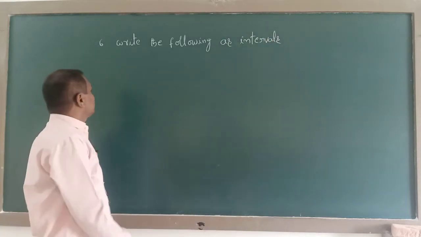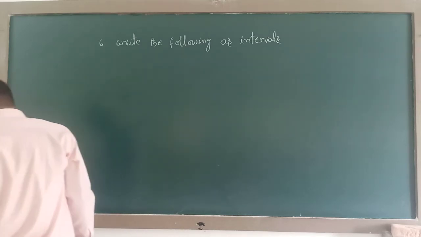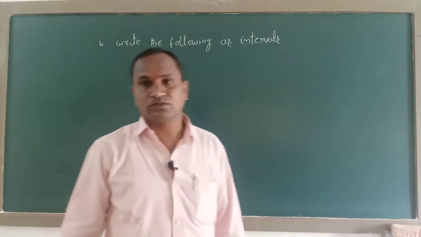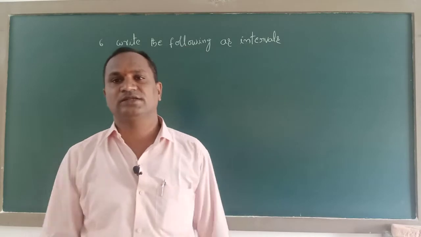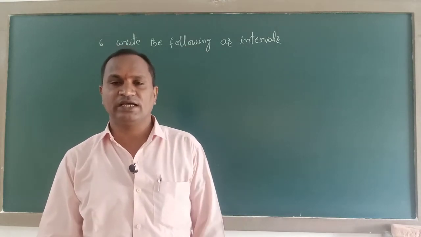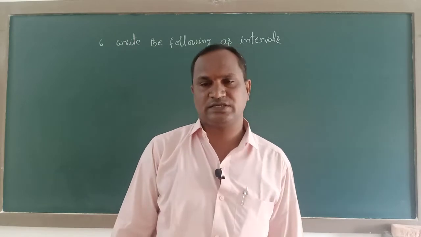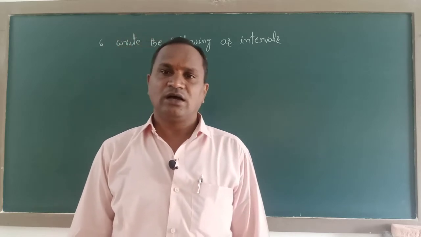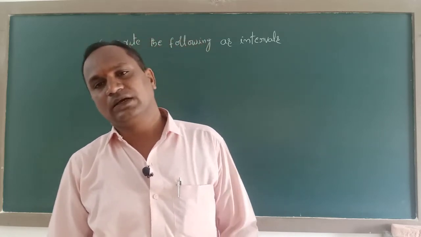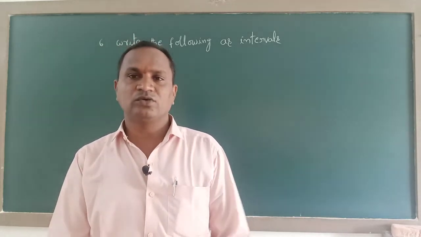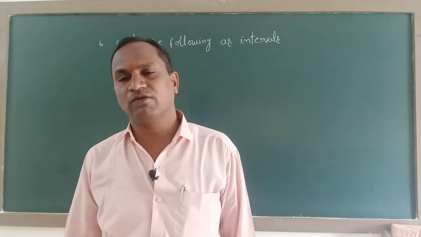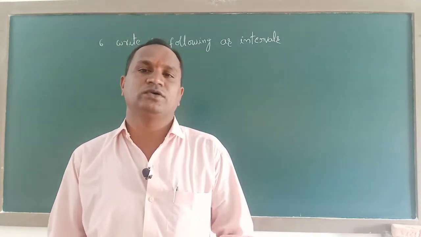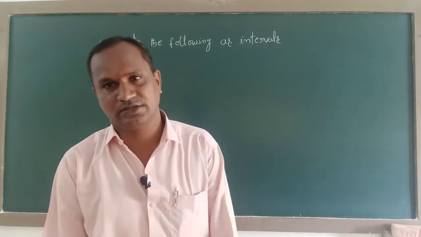Under this main question number 6, they are asking 4 questions, and to all these 4 questions they gave the set builder form. We should write each of them as intervals. I already told the definitions of all types of intervals. What are the main intervals here? Closed interval, open interval, and half closed or half open intervals. All these 4 types of intervals are there, and now we are solving problems on them. To all these 4 problems they gave set builder form, and we must convert those set builder forms into intervals.